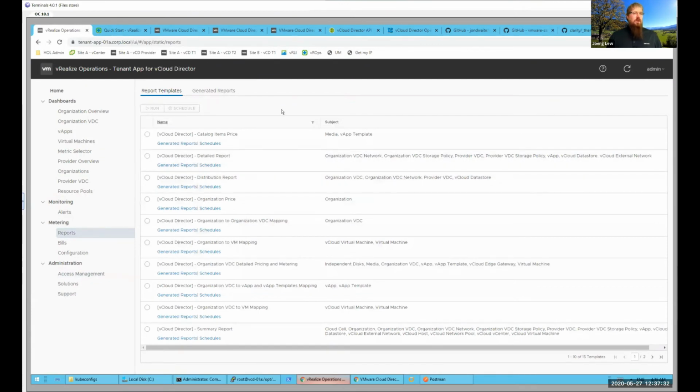So as a provider administrator, you can use, in the provider portal of the Tenant App, the report section to generate and even schedule the out-of-the-box defined reports that come with the Cloud Director management pack for